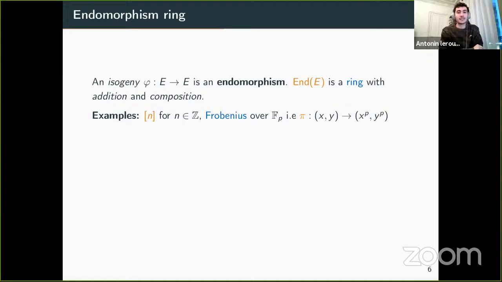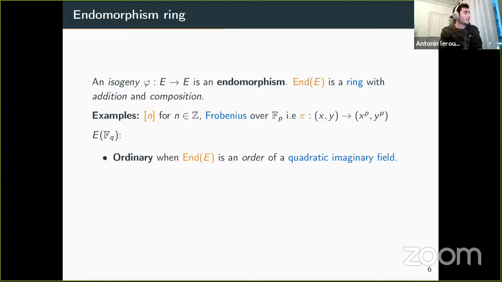Then a slightly less trivial example, but still very important, the Frobenius map, which is a non-trivial endomorphism as soon as you look at an elliptic curve over an extension of F_p. So endomorphism rings are really important with respect to elliptic curves, and we can classify elliptic curves with their endomorphism ring. So when the endomorphism ring is an order inside a quadratic imaginary field,